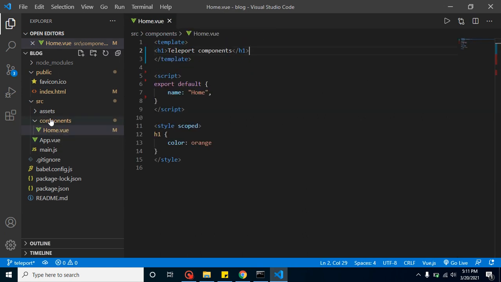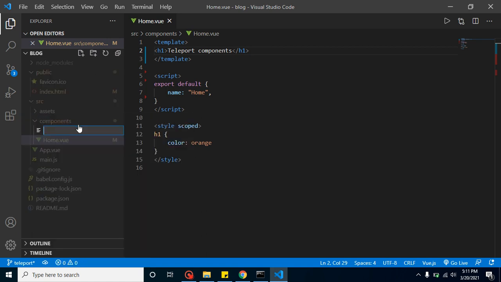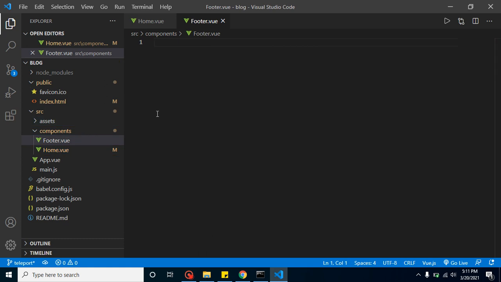Now we need a footer component, so I am making a component, let's say footer.vue, and let me define the template here. We can close this template. Script tag we need, and we can close this script tag also.